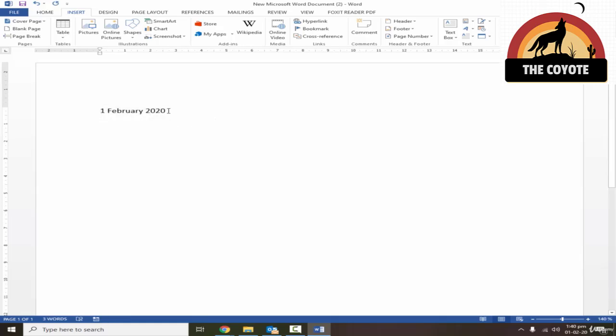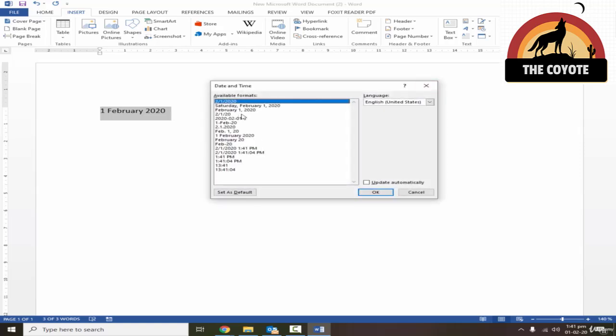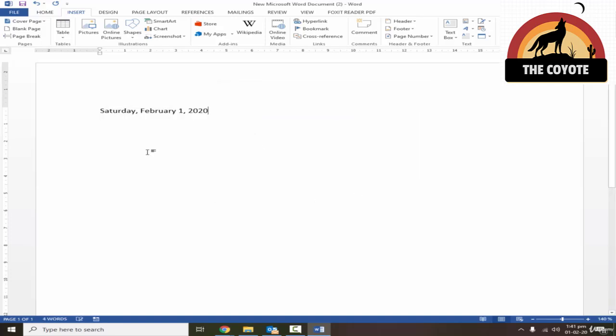Control Z. Now let's say that you use this document frequently and you always want to mention the current date of the system in the Word document, and it should automatically update whenever the next day you open this document. So in this case, I'll go to date, select my required format, but then click on update automatically and press OK. So see, today is 1st February, but when I open this document tomorrow, it will automatically get changed to 2nd February. So this is how automatic updation of date is done.